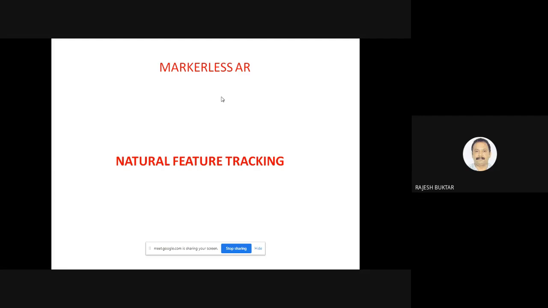So, marker based augmented reality and markerless augmented reality. Markerless augmented reality is going to be the future of augmented reality. I also forgot to talk about mixed reality when I was discussing augmented reality versus virtual reality. Mixed reality means that the user should be able to immerse in the 3D world. That facility is already available in virtual reality. If that facility is available with AR, then you can imagine the benefits.